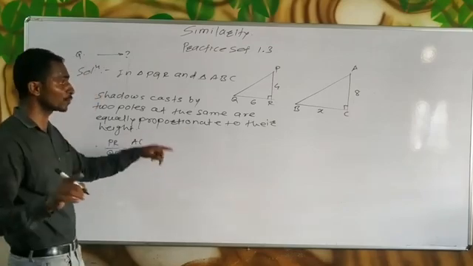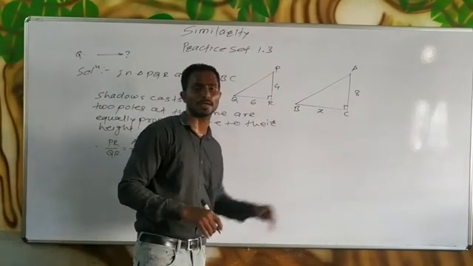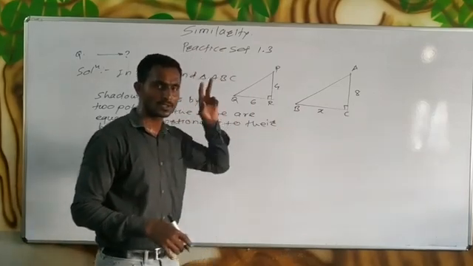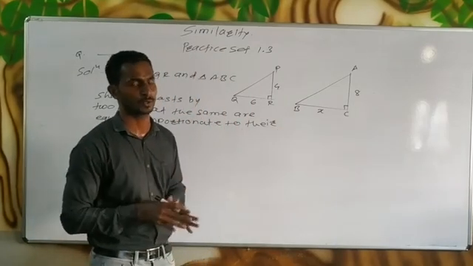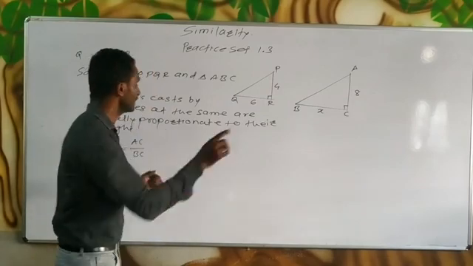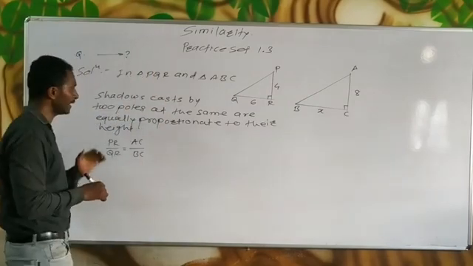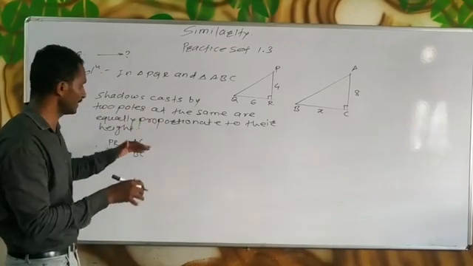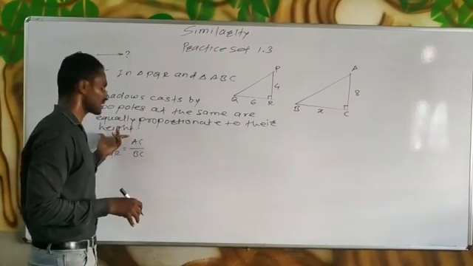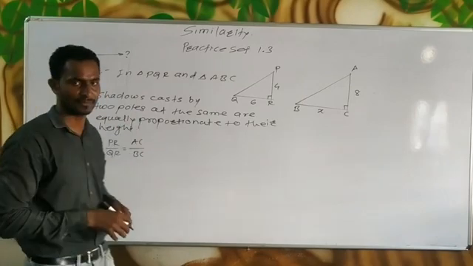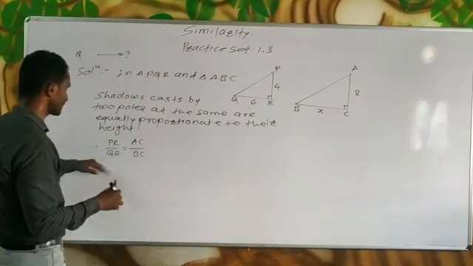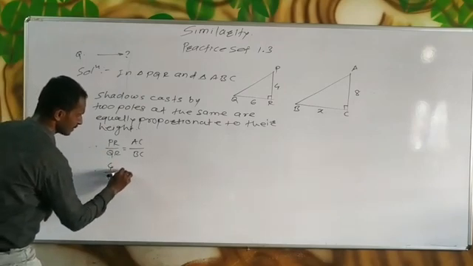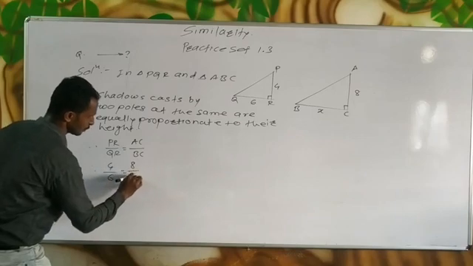So you don't have to prove here that triangle PQR is similar to triangle ABC, because the triangles made by the sunlight with the two poles and their shadows are always similar to each other. You have to remember this. But here I have just written a simple property, that is, the shadows cast by two poles at the same time in the sunlight are proportional to their corresponding heights, and we have represented that here. So therefore we can write here PR equal to 4, QR equal to 6, AC equal to 8, then BC equal to X.